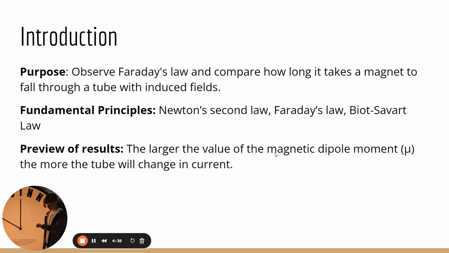For the introduction, the overall purpose of this experiment was to observe Faraday's law and compare how long it takes a magnet to fall through a tube with induced fields. Comparatively, a magnet falling in free space will usually not have any sort of influence on it, but a magnet falling through an aluminum tube would induce a non-Coulomb electric field onto the aluminum foil, which would cause influences in